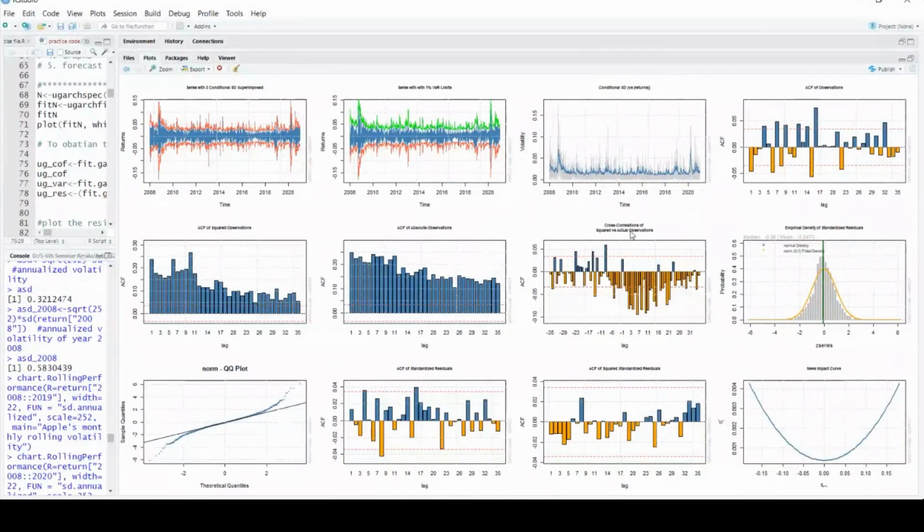Cross correlation always comes across when you have two time series. So this particular graph says I have two time series. How does it come? First you have the actual observation, which is my return series, and second is my return square series. Are you getting my point? Yes, ma'am. Okay, did you understand the concept? Because this concept will be useful for other kinds of analysis when you have multiple time series data and you are doing the analysis. You wanted to check the cross correlation. Are you getting my point? Yes, ma'am. Okay, fine.